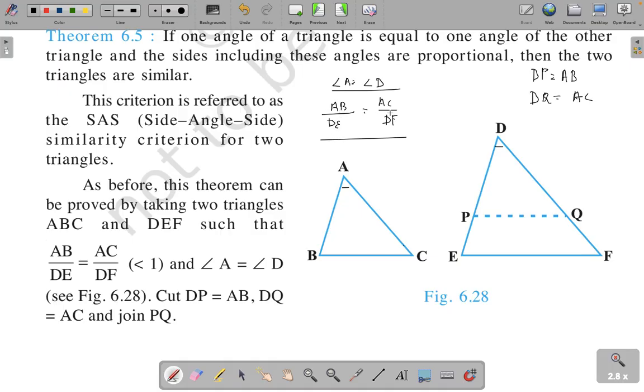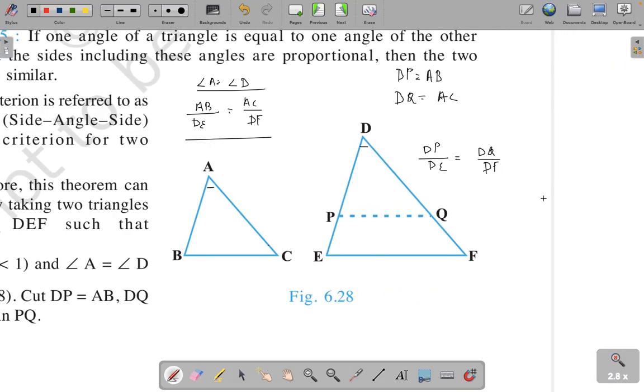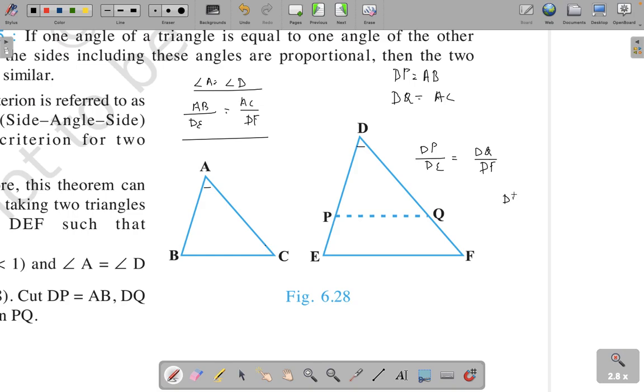right? So it is given AB upon DE is equal to AC upon DF, which means DP upon DE is equal to DQ upon DF, right? This also means DP upon PE is equal to DQ upon QF, right? Which proves BPT is true here, right? So this means PQ is parallel to EF,